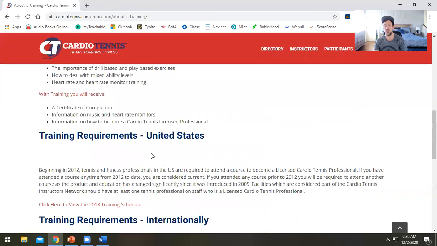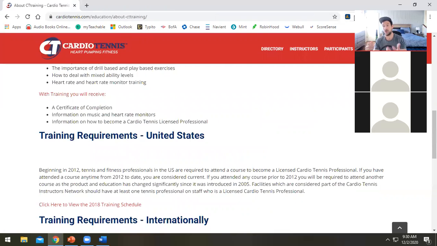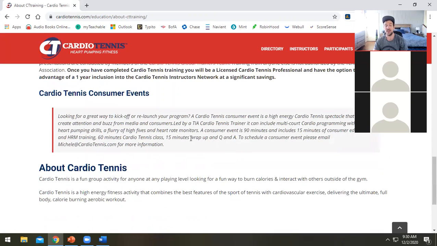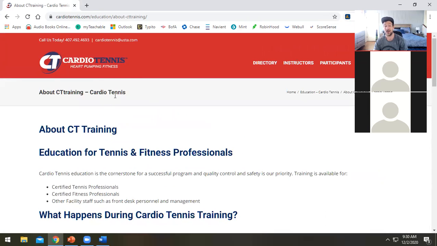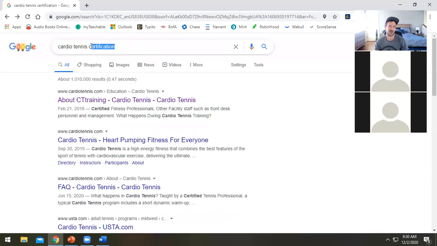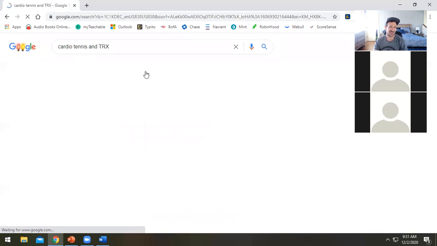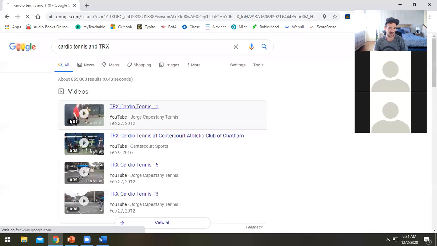They would teach tennis pros how to run these drills, where you'd have a ball and you would serve it to the back corner, and then serve it here. You would tell them ahead of time, in the same way that we explain SAQ drills, here's the drill we're going to run. You come up, I'm going to hit the ball to here, and you hit it back to me like this, boom, boom, boom. You do a forehand and a backhand. It was kind of fun. TRX partnered with this company for a little while, but it fizzled out. You can tell that cardio tennis and TRX totally fizzled out a little bit.